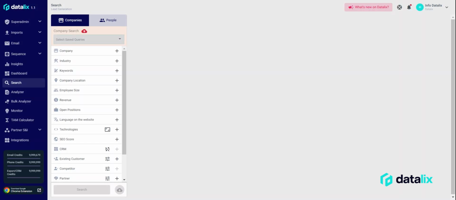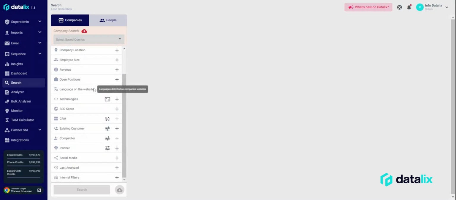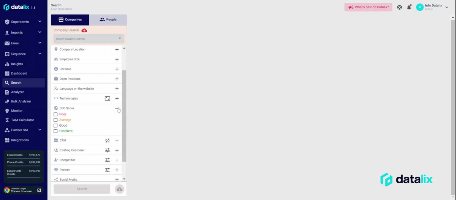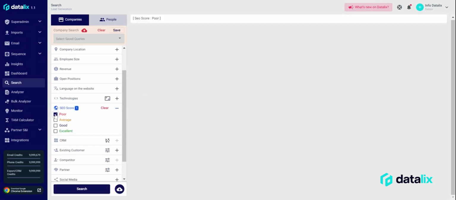So we can see here the homepage of the platform, and for today's task in hand, the filter that is going to help us out is this one, SEO score. So we go there, click at plus, and we click poor and average as we are trying to see websites that don't have a good SEO score and might be in need of improvement in this specific area of their use. So we click search,